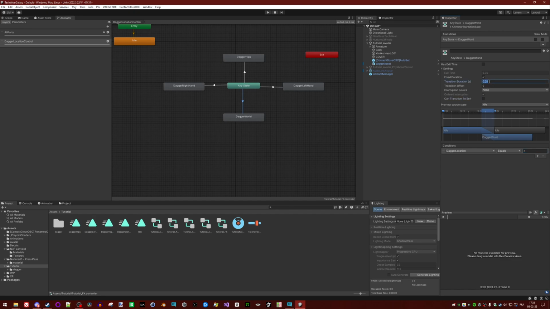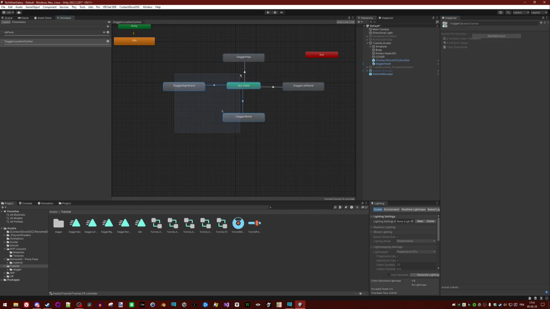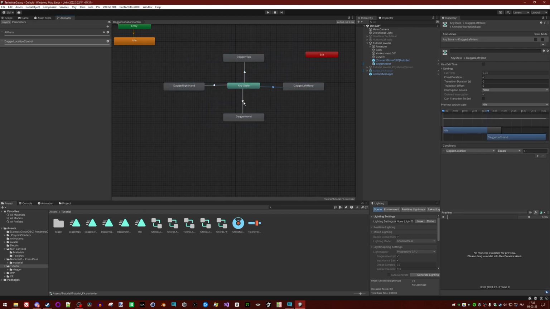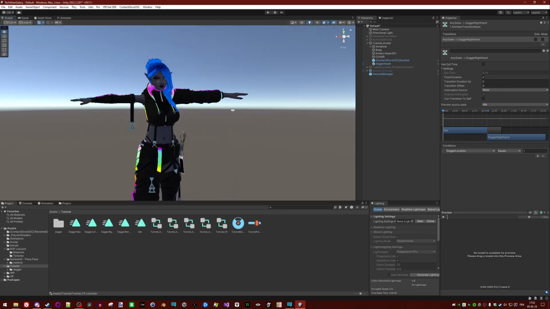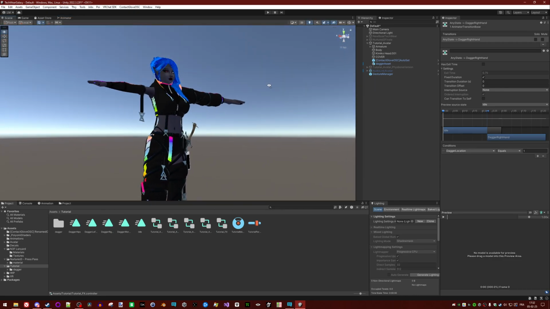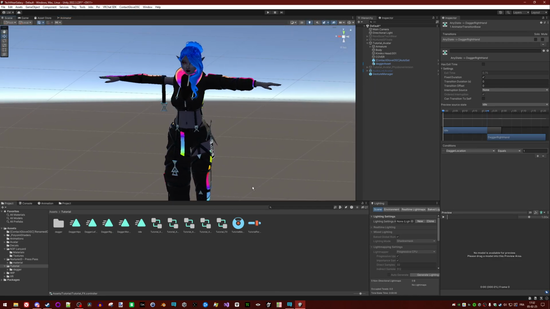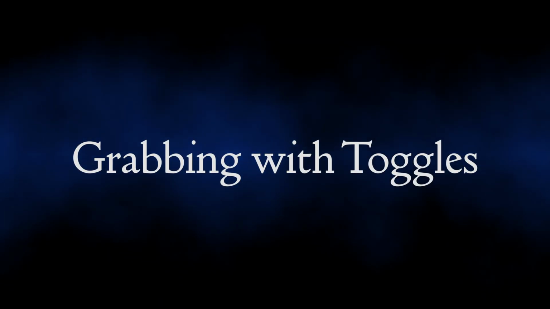And now we have everything we need. We can now choose how we will grab the stuff. This is the part that is common to everything, but it's done, so we can work on the next part, which is the actual grabbing, of course.